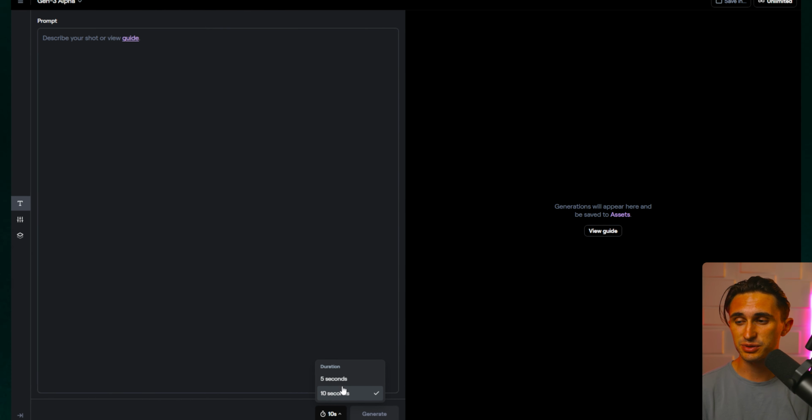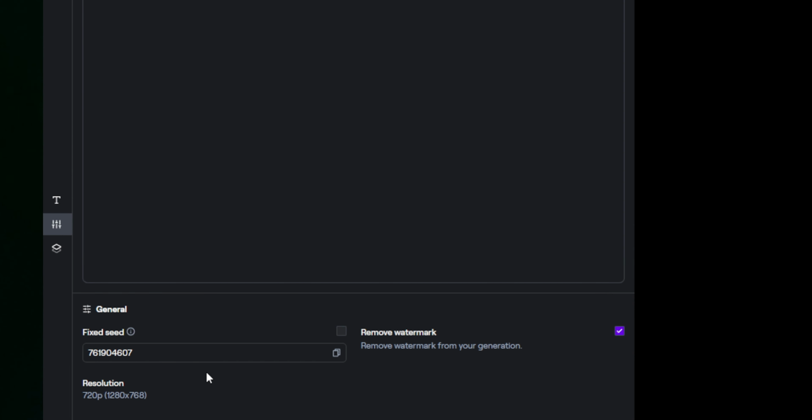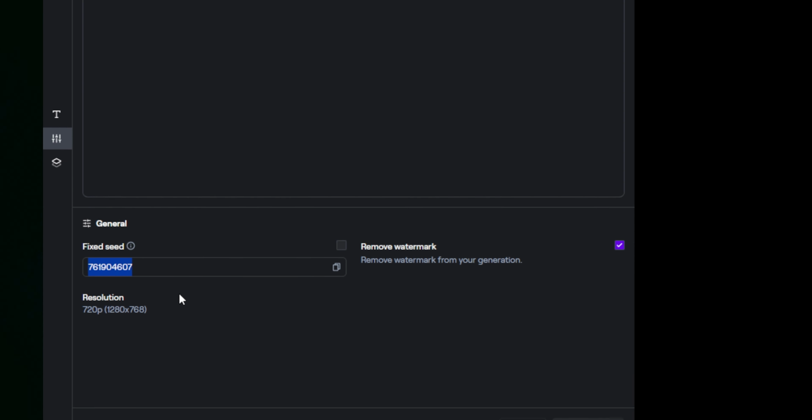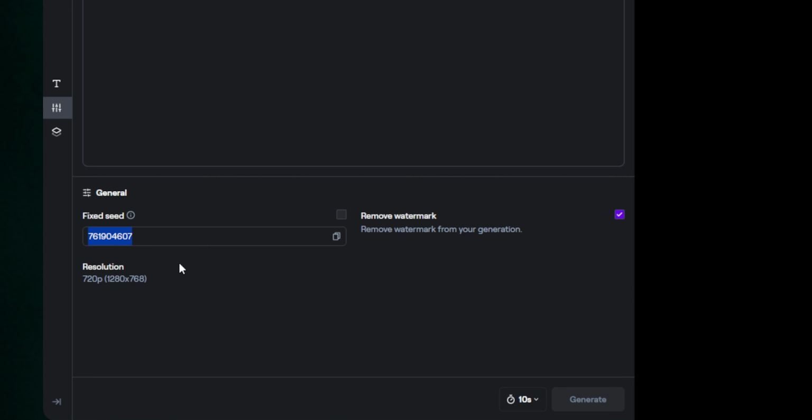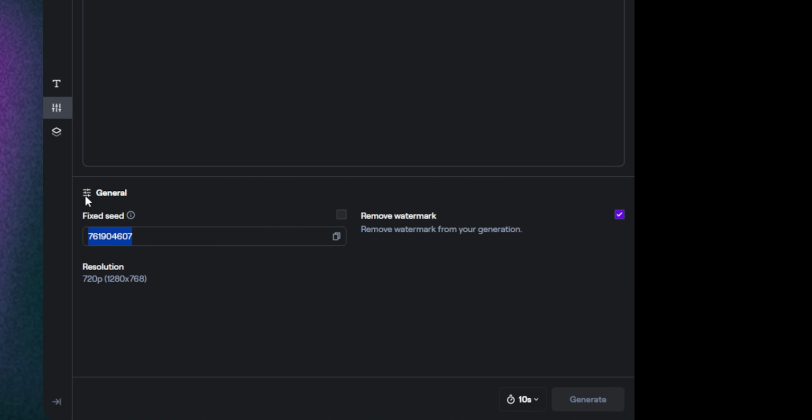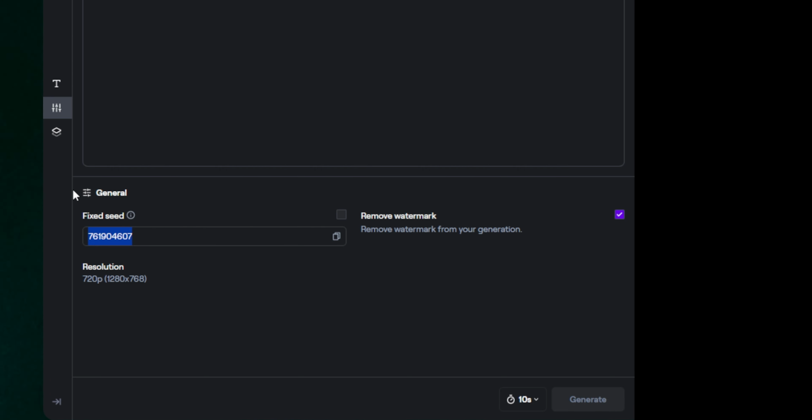Right now, the only options are 5 and 10 seconds for the duration. But if I go over to settings right here, I can change things like the seed, which is going to give me a similar result if I generate something with the same seed over and over again. It's basically like a unique ID for that video that you created. Here it gives me the option to remove the watermark on the generation. So this just adds a little Runway logo in the corner if you have this unticked,